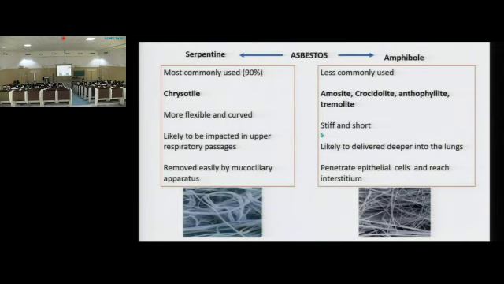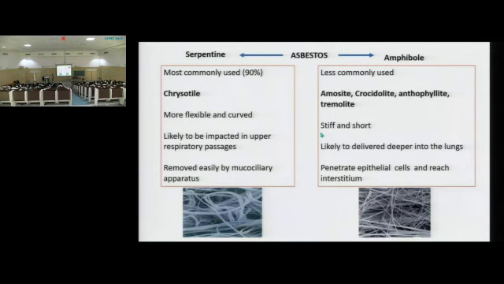Due to their stiffness, they get entrapped in the respiratory epithelial lining, and due to entrapment they cause epithelial injury. They penetrate into the epithelial linings and reach the interstitium and cause